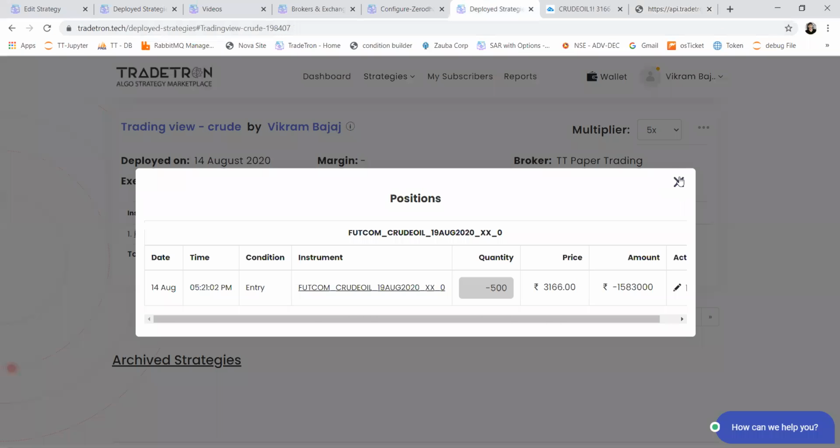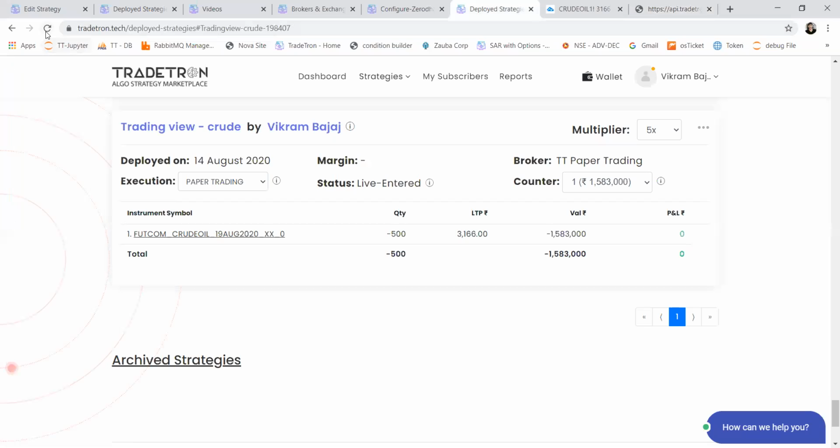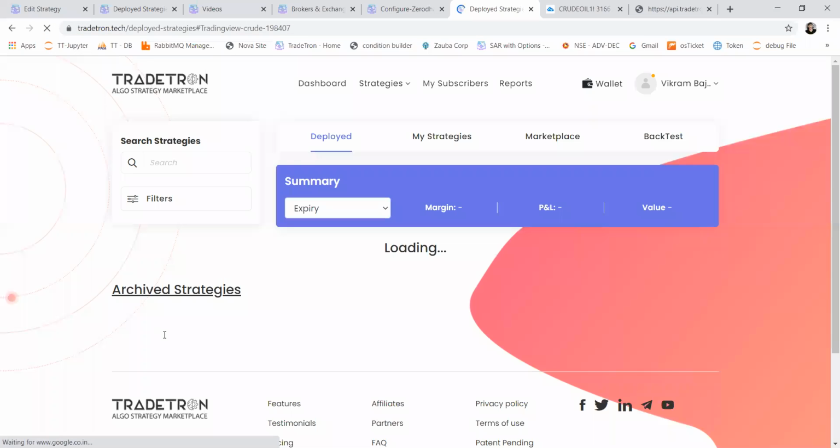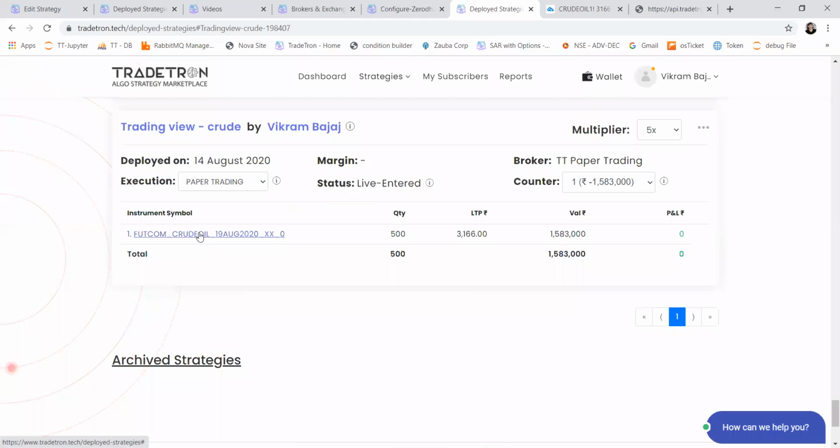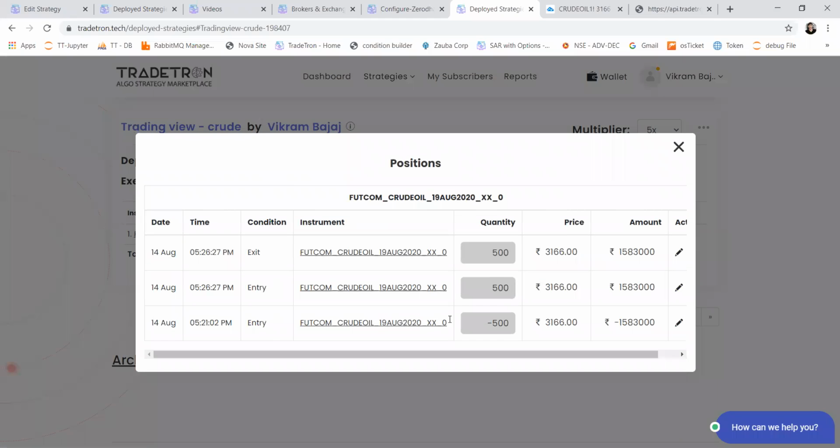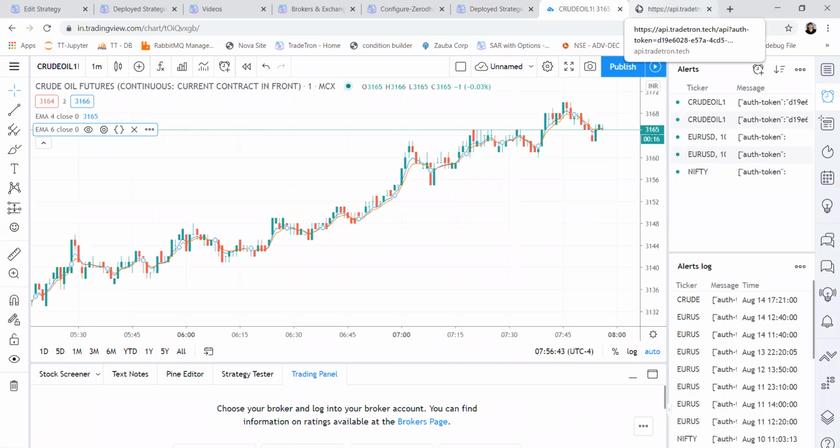So if I send value 1, you will see that our strategy has exited from short position and taken a long entry. So manually also, if you have set a universal exit as number 2, you can manually push the signal from your URL anytime. All you have to do is just keep this saved in a notepad or any place from where you can easily fetch and run it, just in case if required.